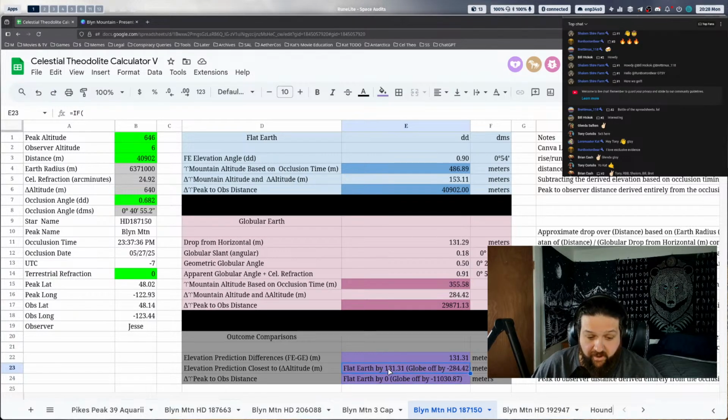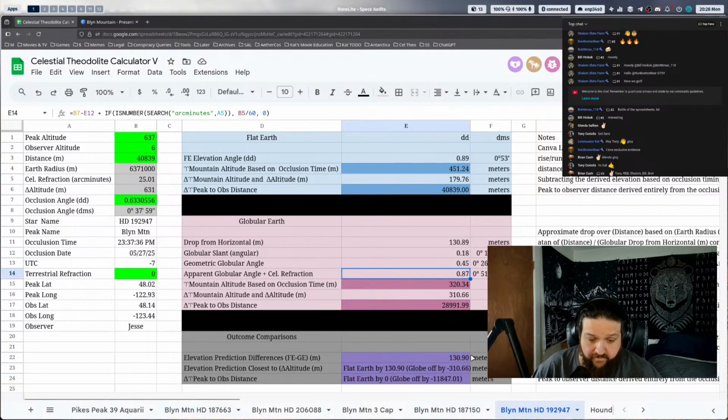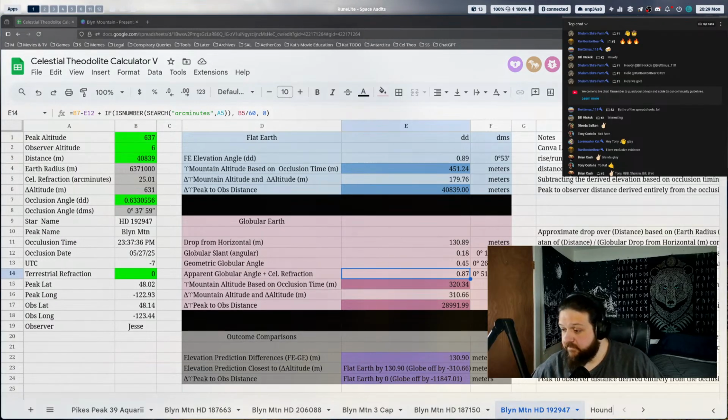It gets nothing beyond that, and we're just comparing what the elevations are based off of the occlusion timing. The globe is locked into a refracted lower triangle, which is what we're analyzing, and they don't want to accept that. He wants to predict it to be different, and then as soon as you want to start measuring stuff, he wants to correct it to go back to what it was before the corrections so that it would make sense, because he understands that anything to this lower refracted triangle is going to be wrong, right?